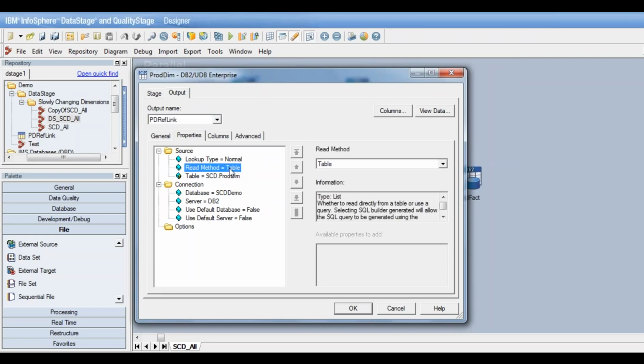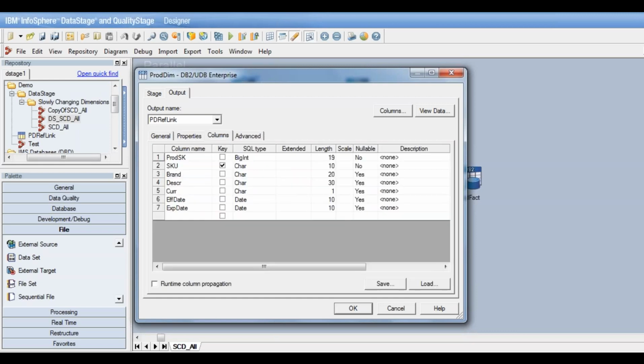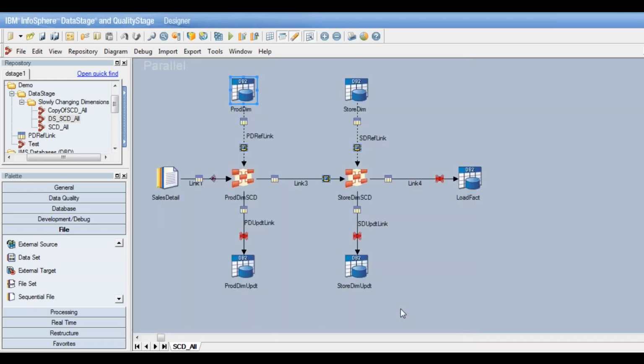So simple parameters need to be set up. What is a read method? We have simply defined that we are reading directly from the table. We have to define the database parameters and the columns. While reading, it's simple. We need to read all the columns from the dimension.